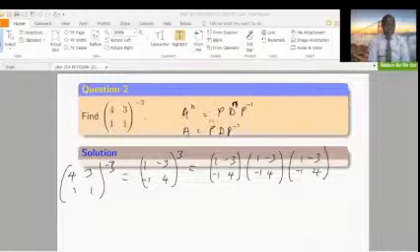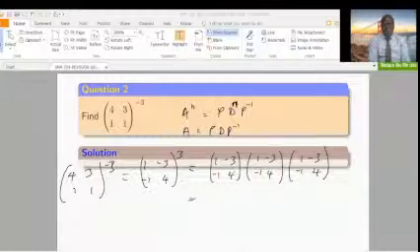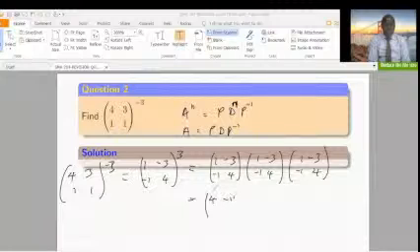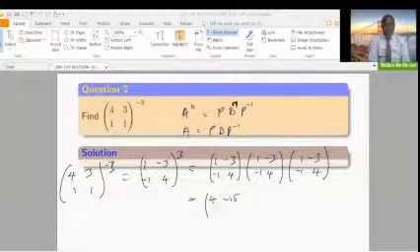So let's multiply the first 2. You must do it in the order in which they appear: this times that, and the result multiplied by this. When you do this times that, you get 1 plus 3, which is 4, and then -3 minus 12, which is -15, and this is -1 minus 4, which is -5, and then finally